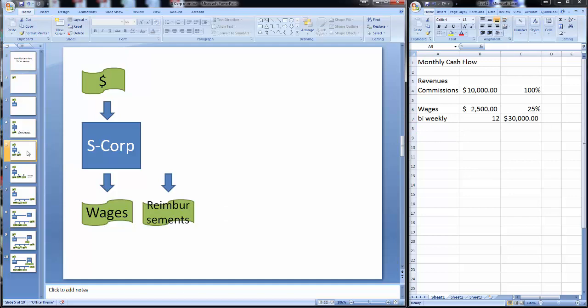The next thing that we're going to look at is reimbursements. Now, I have a reimbursement sheet in the workbook. If you don't have that, contact me. I'll send you the reimbursement sheet. But basically the reimbursement sheet is everything that